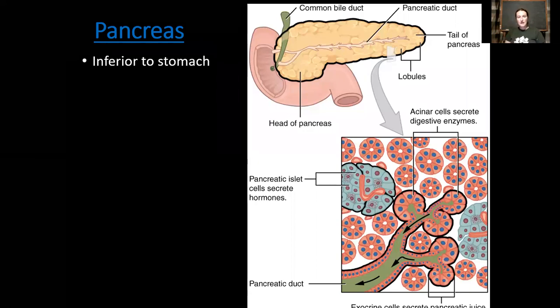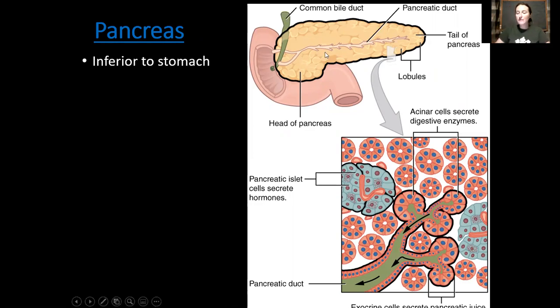Okay, let's see. Good, we can start with the pancreas. The liver and the gallbladder are both accessory digestive organs. They never physically interact with the food, but they are very important in particularly digesting lipids and in processing all of the nutrients that have just been digested by the alimentary canal. The other accessory digestive organ that I wanted to mention today is the pancreas. We've seen the pancreas when we talked about the endocrine system, but now let's really get into what it does.